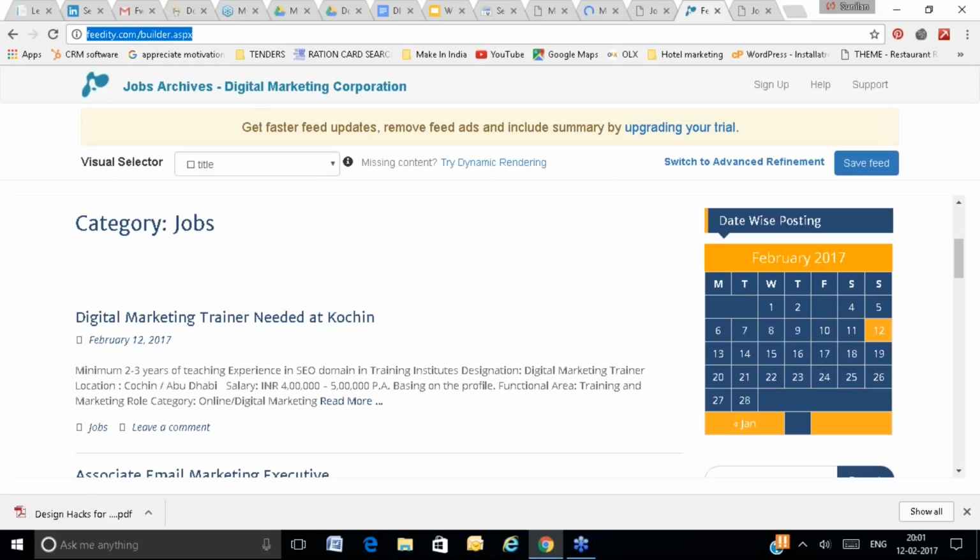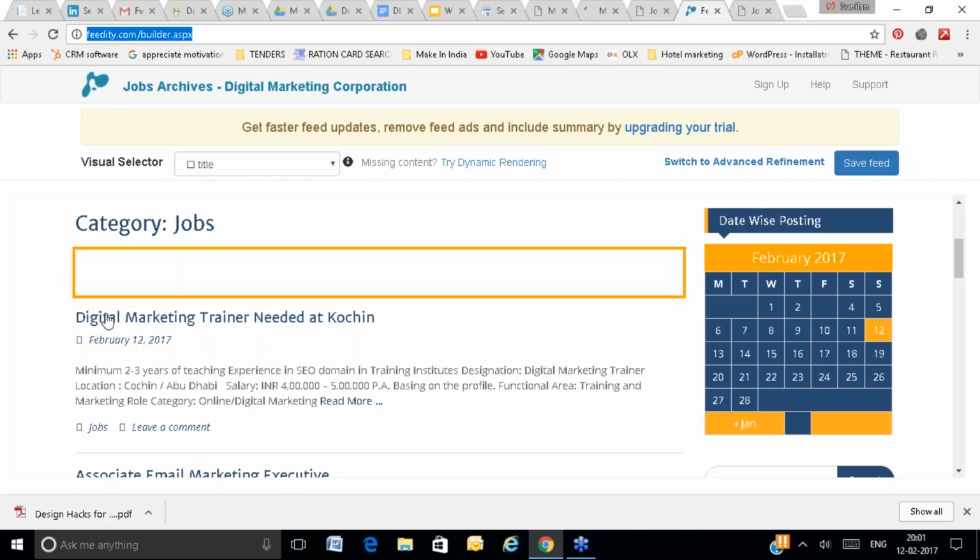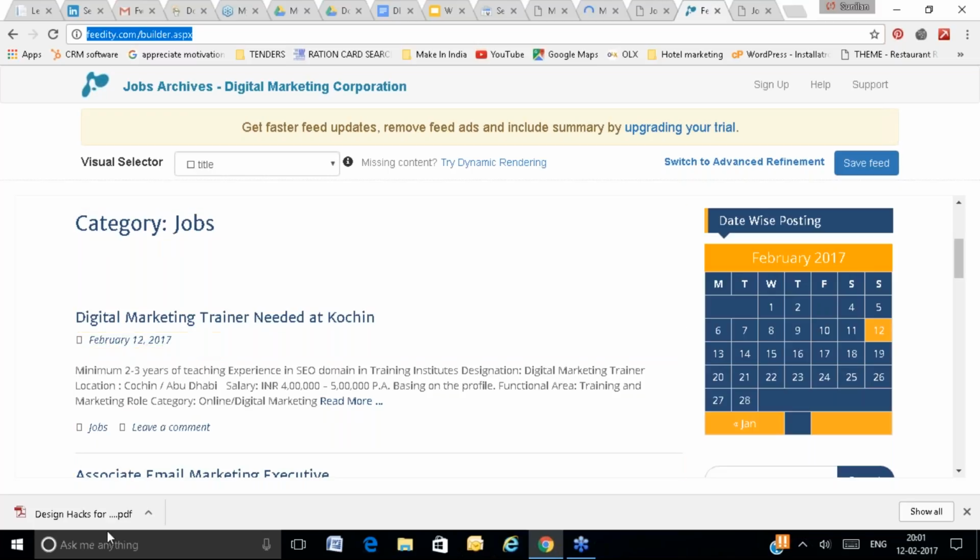You will submit this feed URL to all the places. People will bookmark and save this feed URL. They need not come back to your website again and again. Whenever you upload content, it will start appearing in the feed page. So this is called RSS feed. I hope all of you understand the RSS feed.